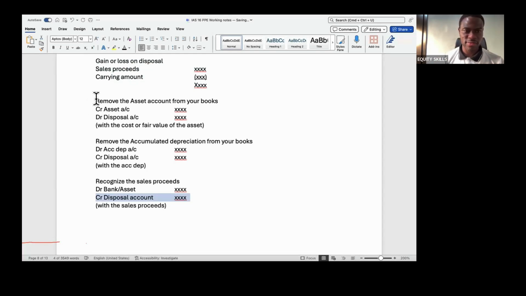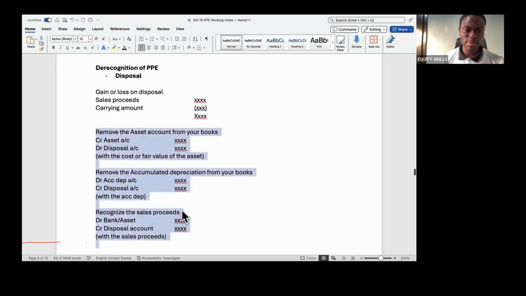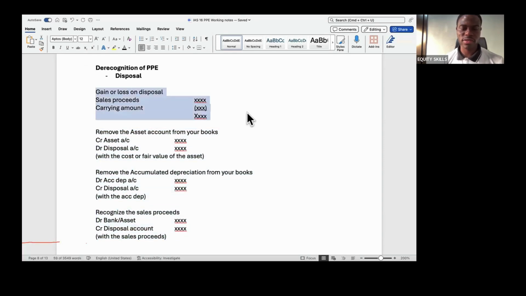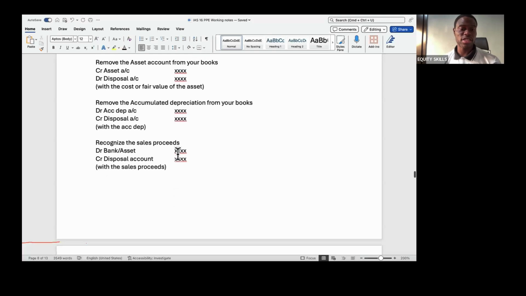So these three things are presumed to have been done before you go ahead with this. But believe me, you need to understand the process. When you sell an asset, you need to take off the asset account from your books. You need to take off the accumulated depreciation of the asset from your books. And the sales proceeds, by the time you match it against the carrying amount, we get the gain or loss on disposal. And that's pretty much it on